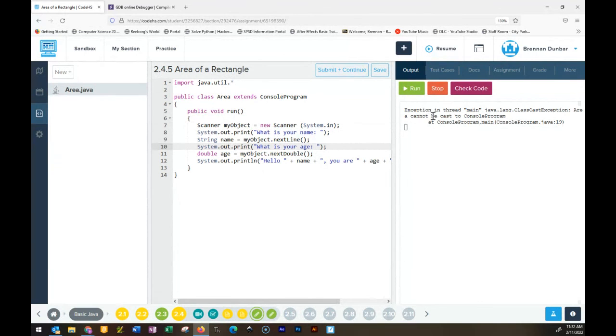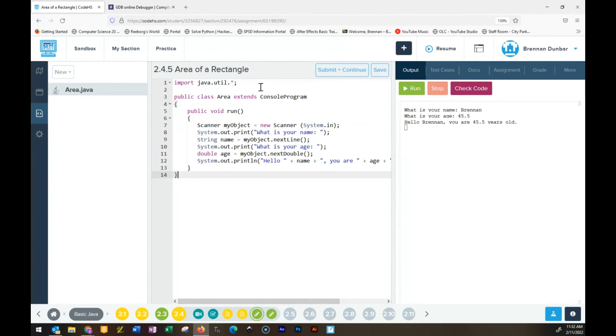Okay, so let's see if it works in Code HS. It might not. Util.star. Try to put a semicolon where you need one. All these little syntax errors I'm making because I'm used to working in Python. And my age is 45 and a half. 45 and a half. Okay, so scanner will work inside of